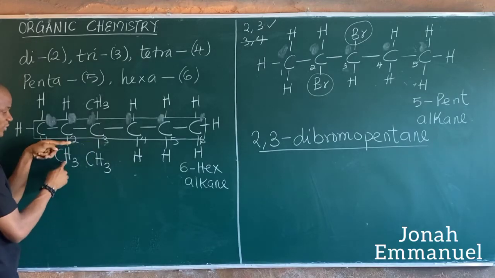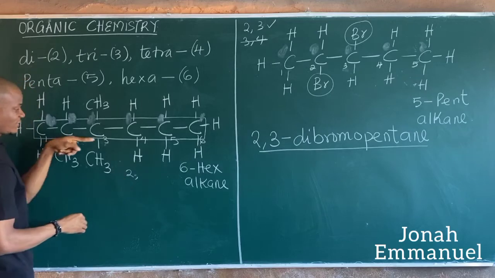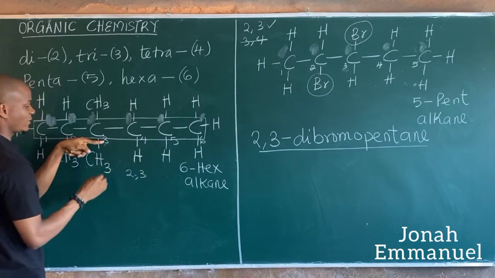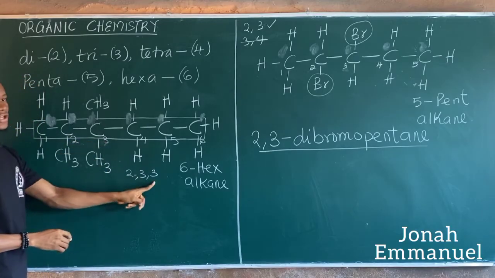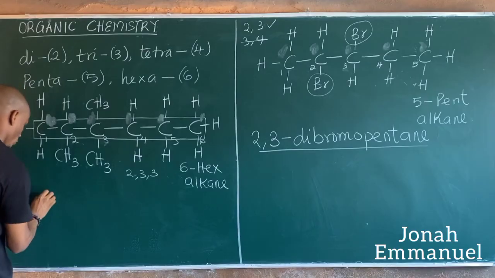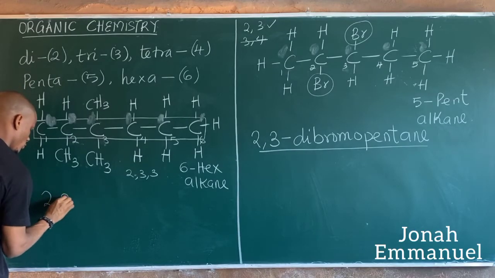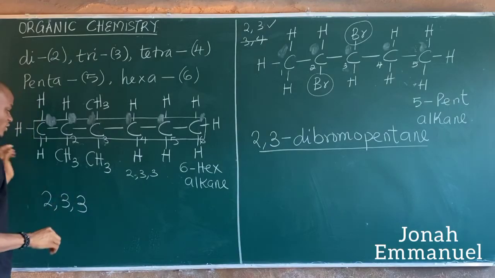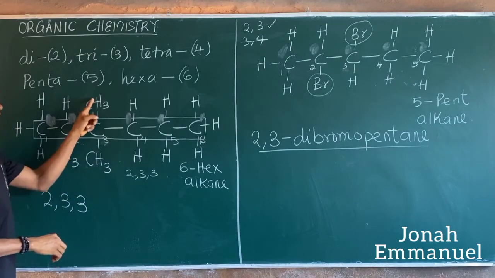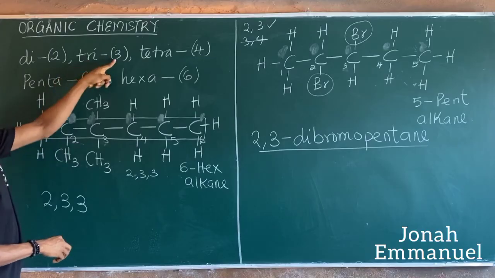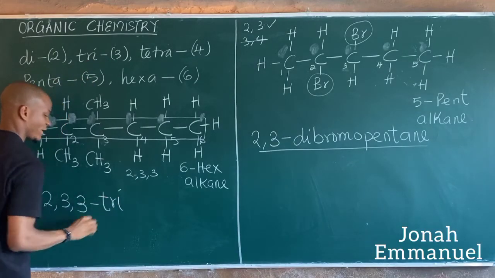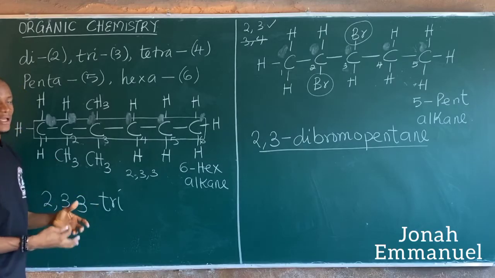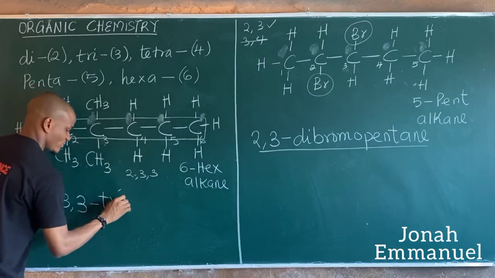Alright, so 2 for this one here. And I have 3 for this one here. And also 3 for this one here. So I'm having this. So it becomes 2, 3, 3, my number. So this is now called 2, 3, 3. In this case, I have 3 substituents. For 3, we said we use tri. So it becomes hyphen tri. Tri of what? What is the substituent here? The substituent here is methyl, so it becomes